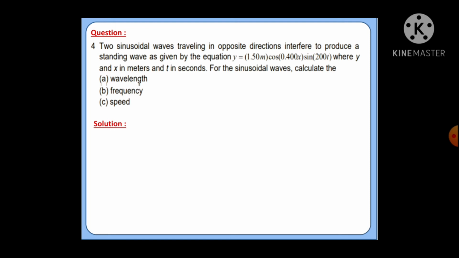So first, we need to compare the equation given with the general equation for the standing wave. When we compare, we get that the amplitude is equal to 1.5 meter, the wave number is 0.4 and the angular frequency is 200 radian per second. First, to calculate the wavelength, we use the equation of wave number. We substitute the wave number inside the equation, and you get the wavelength which is equal to 15.7